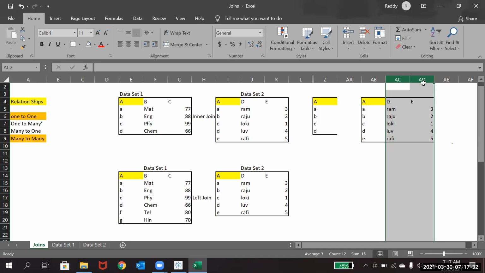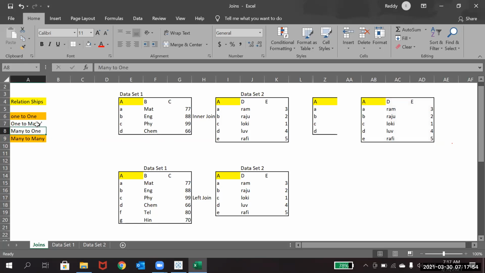So that is one to many, and at the same time many to one is the same. Let's say you have the complete data with you and you just need to get only one particular column from a master table or something. That way it will lead to many to one.